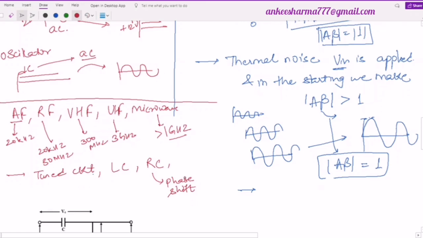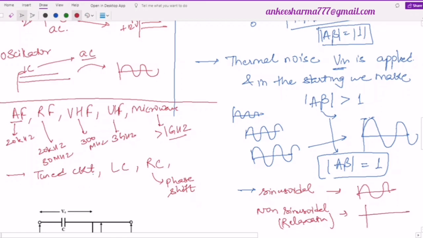One more classification is this, that is the sinusoidal and the non-sinusoidal oscillators. Sinusoidal oscillators कौन से होंगे? जहां पर हमें sinusoidal signal मिल रहा है, like this. Non-sinusoidal, जिसको आप relaxation oscillator के नाम से भी आपने सुना होगा कभी, तो non-sinusoidal में हमारे पास आता है relaxation oscillator. इस relaxation oscillator में हमारे पास non-sinusoidal signal means एक square signal आ गया, तो ये भी एक हमारा oscillation है. So depending upon all this we can categorize these oscillators into a variety of ways.